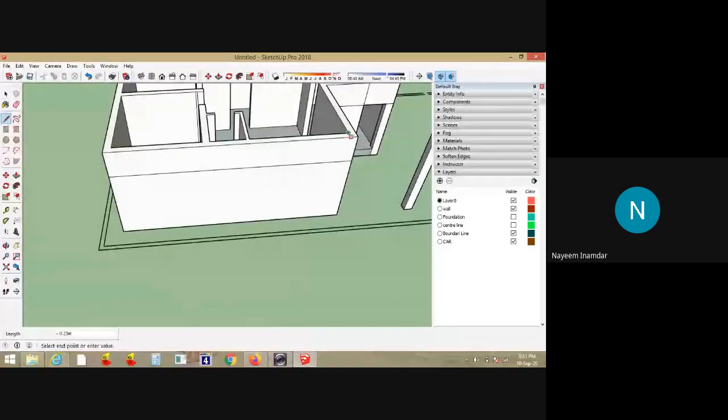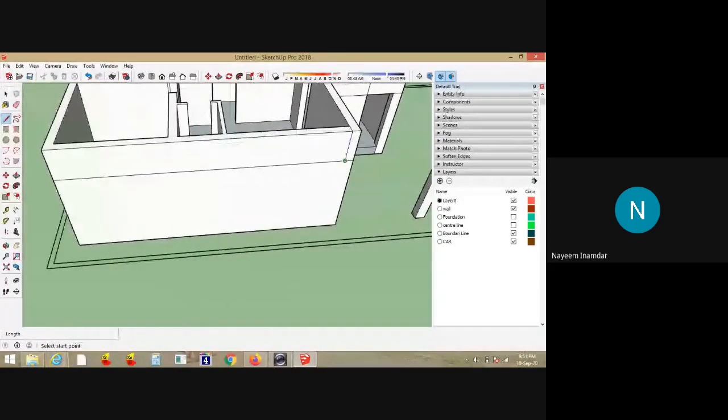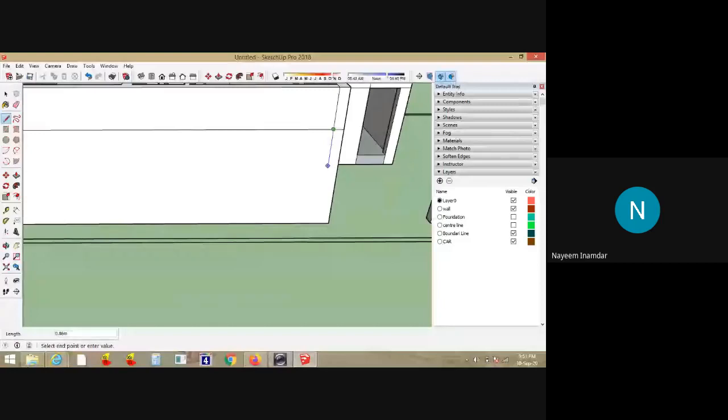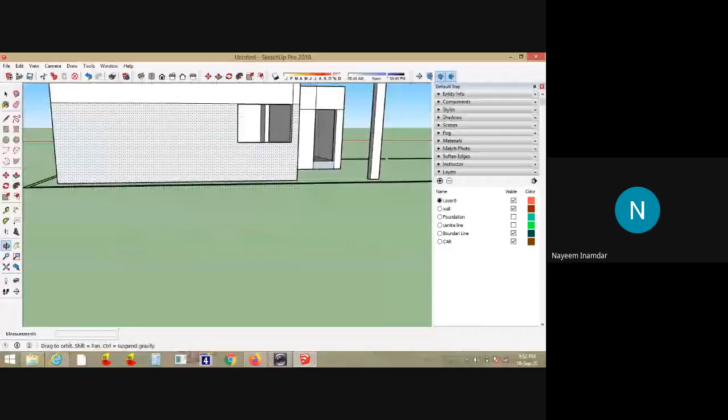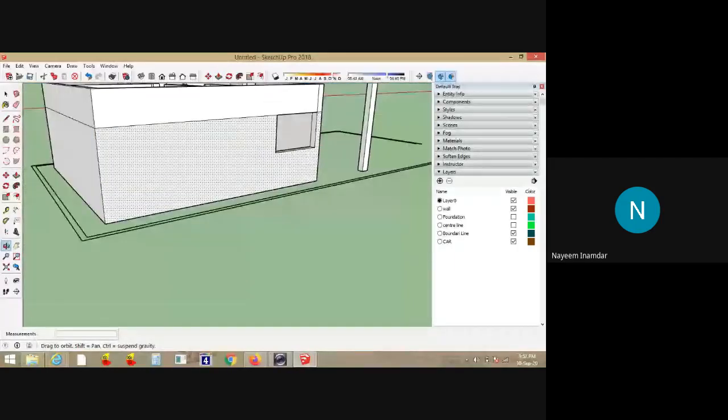Suppose there's a window at this particular point, just drop lines here. Suppose the window size is 1.2 meter by 1.5 meter, so downward it will be 1.2. In this direction I'll take 1.8, I'll take 6 feet. Again I'll connect this line. I'll take the push pull command and push it inside. So the window is created now. You can see here the window is created.